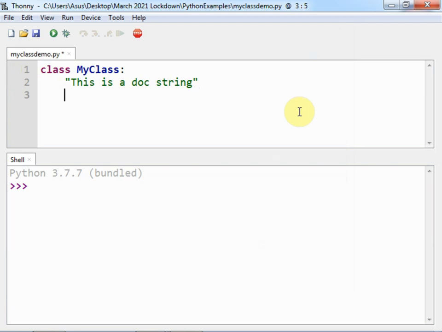Here I can specify the variable, suppose var is equal to 19, and suppose I want to write any function, then I will use the def keyword.